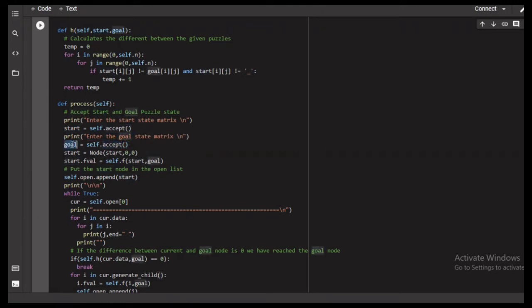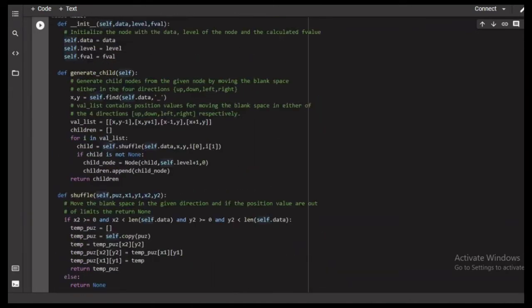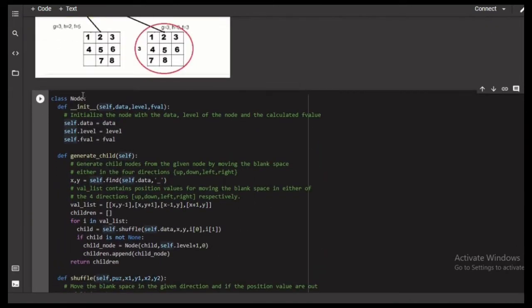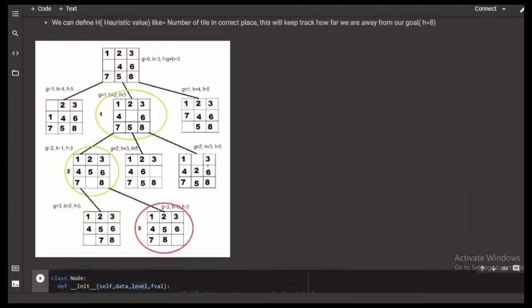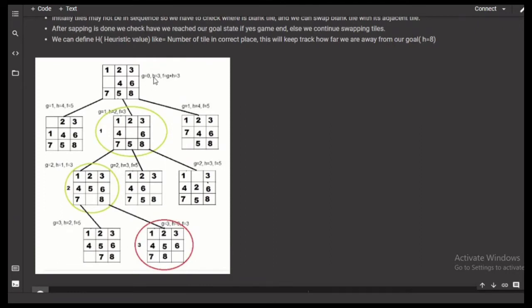The next step is to create the node, that is a root node for the game. For that we are calling a node class and passing this start matrix to it. So here is a node method which has a constructor which accepts three values: data, level, and fval of that particular root, that is the g of that is the level, and the f value for that node.